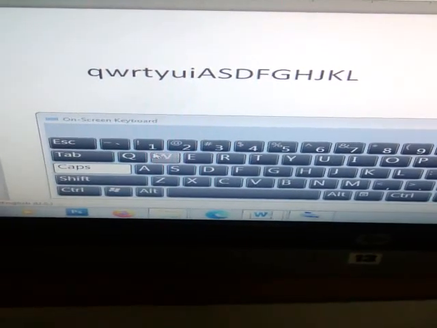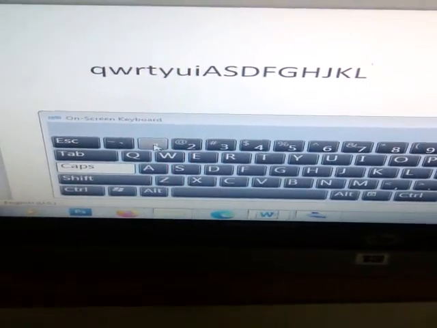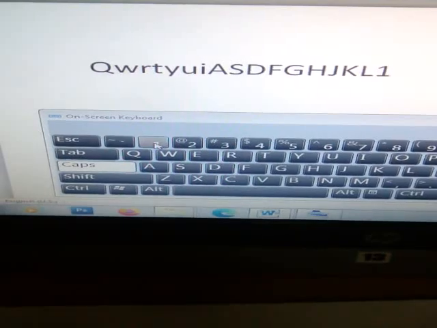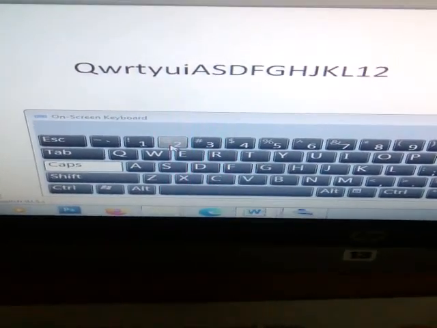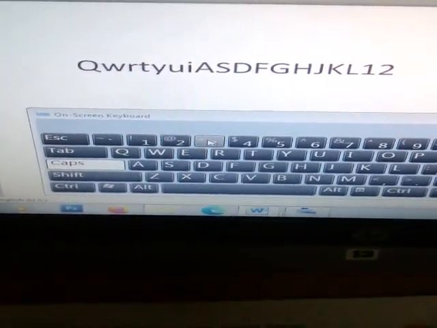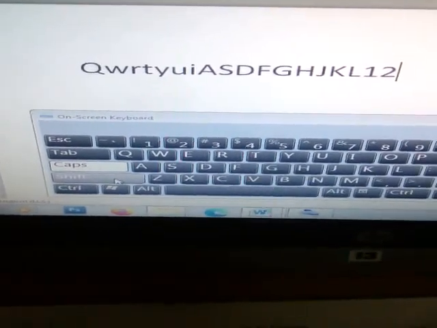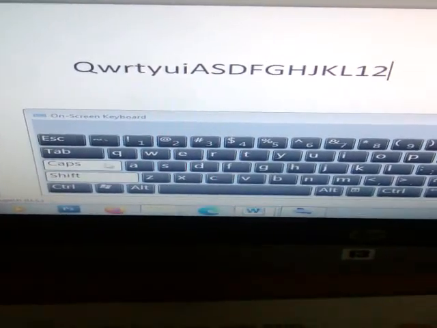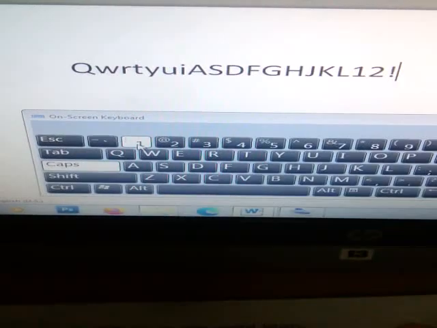If we want to press that symbol, simply if you press the numbers, numbers will come. But if we want these symbols, that time you have to press the shift key and then 1, the exclamation mark will come.